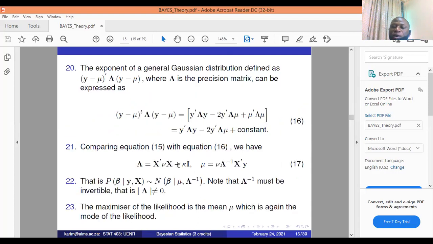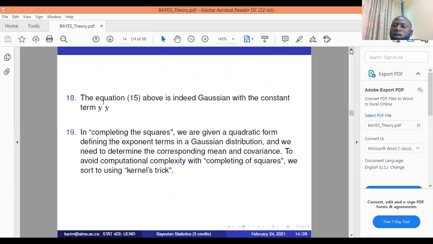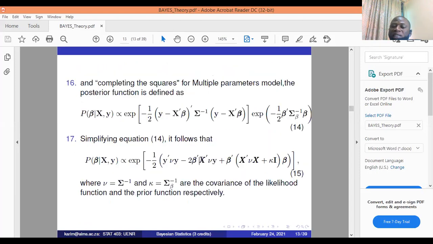And then here we have minus 2 y transpose. What is remaining is the precision matrix and the mean. So in that equation that we have in the previous slide, what that means is that you have 2 beta transpose. So the 2y transpose here is equal to that 2 beta transpose. So that means the precision matrix and the mean is equal to X transpose